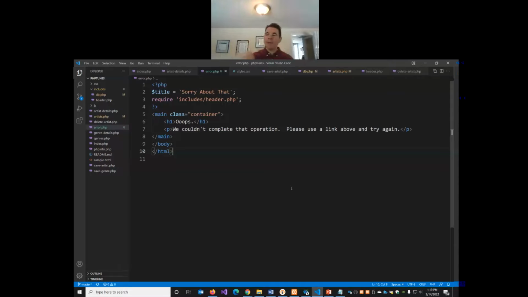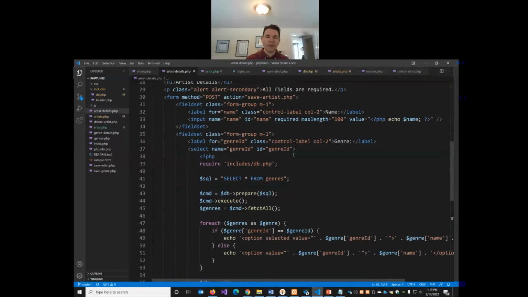Now we should repeat this process with our other artist pages. Our artist details page, our save artist, and our delete artist, they all need try catch blocks. That if anything goes wrong with our database, users should get this error page. So I'm going to go through each one of these and add our error handling. So on artist details,